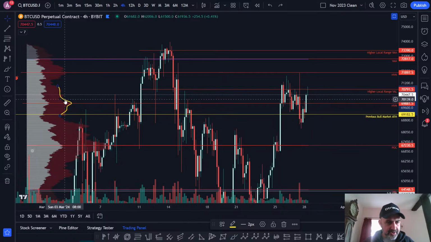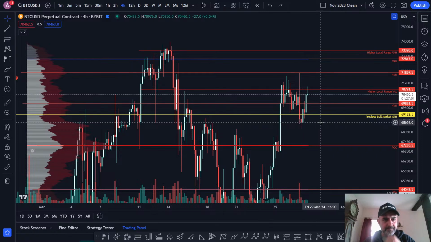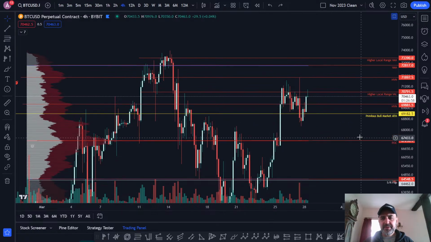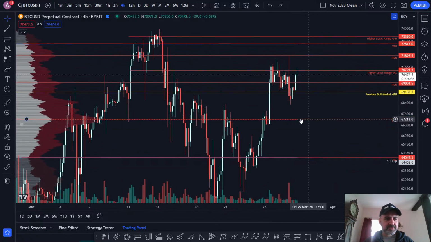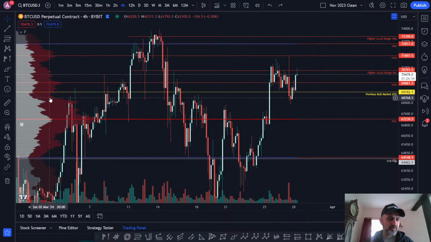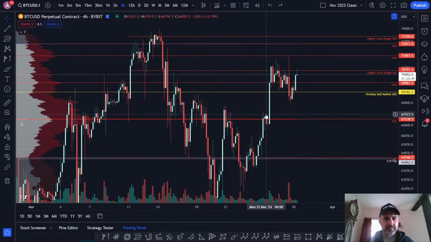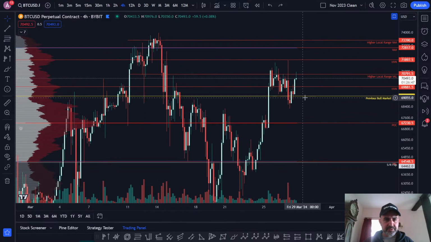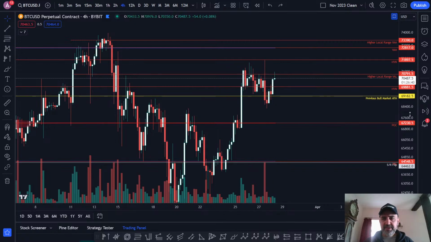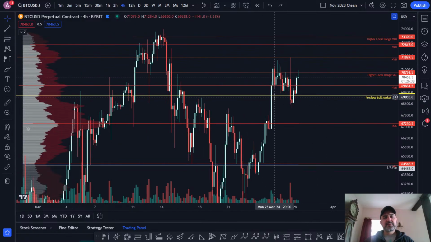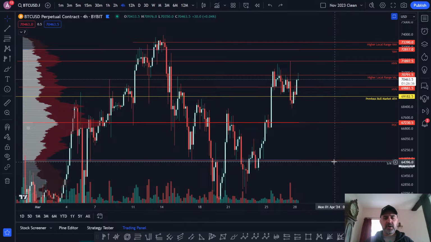Okay, so that's how you can pick out the high volume nodes. But obviously the best one is going to be the point of control. You can see that's your highest volume node, and within this cluster of volume you have lots of high volume nodes, but I'm not going to mark those out because we'd have to lose this lower range, this lower part of this mini range. I think that's quite bullish. For the value area to go up, that's quite bullish. The price is still above the point of control, so that's quite bullish.